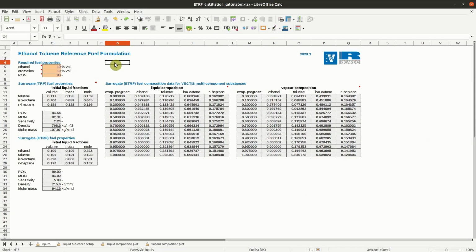In this spreadsheet, the user can fill the ethanol content, the aromatic content, as well as the research octane number of the surrogate. The liquid and vapor composition are then automatically calculated as a function of the evaporation progress variable. Additionally, the TRF mixture that will be diluted with ethanol to obtain the final ETRF mixture is presented, as well